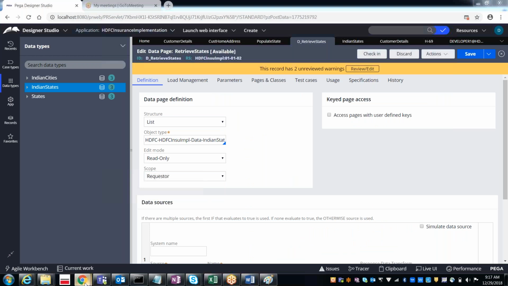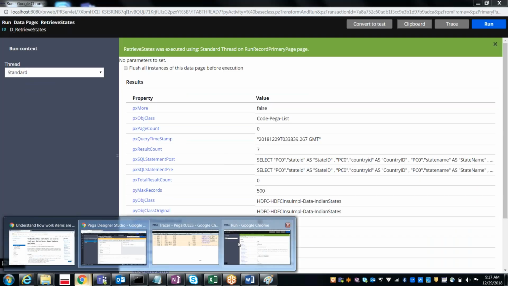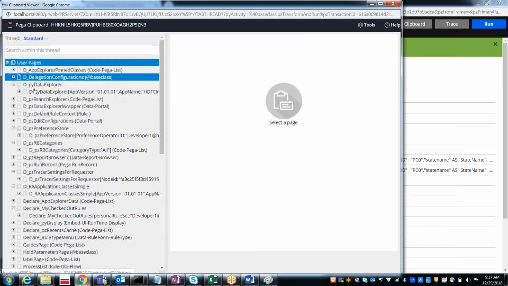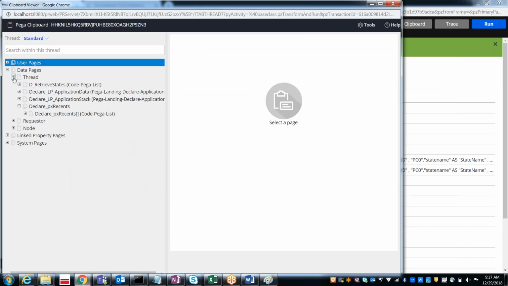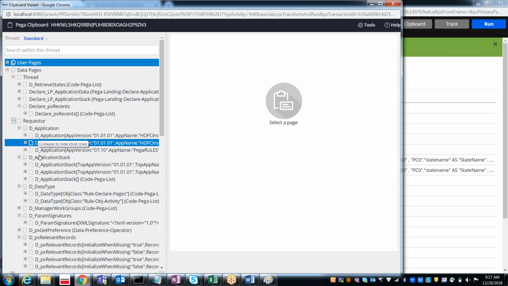After that we will try for the requester also. Right now, do we have it on the requester? It is there only in the data pages of thread and data pages of node, but it's not available under requester data.